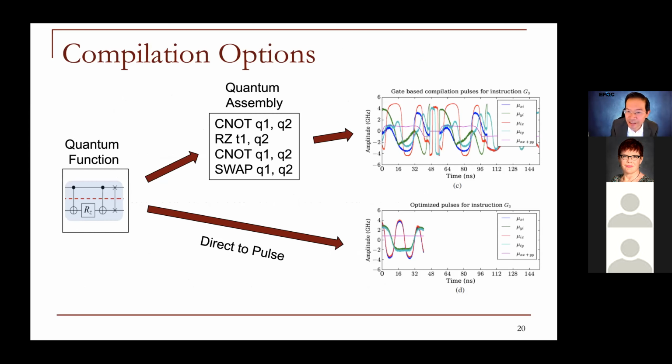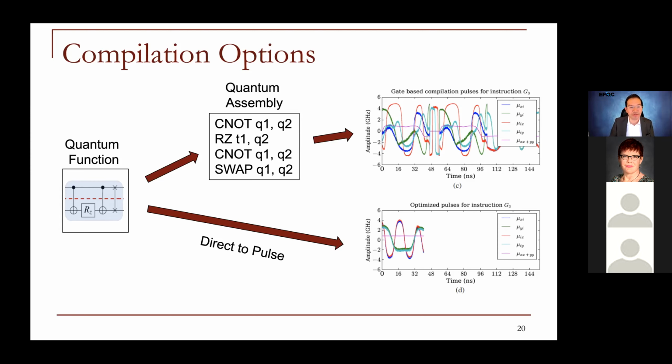But the idea is simple, right? Once again, we take a part of a quantum circuit here on the left. And the standard path for compilation is we take that circuit and we compile it to a number of primitive quantum gates, or what we might call quantum assembly. And then we take each of those and we compile those to pulses, right? And so these pulses here on the right are for Dave Schuster's cavity machine. But what you see is a fairly complex series of pulses to implement that function.